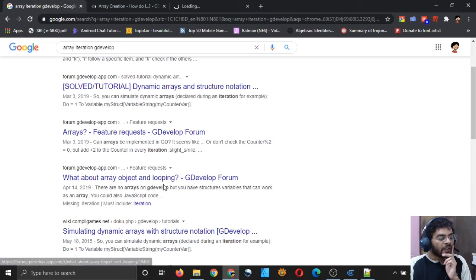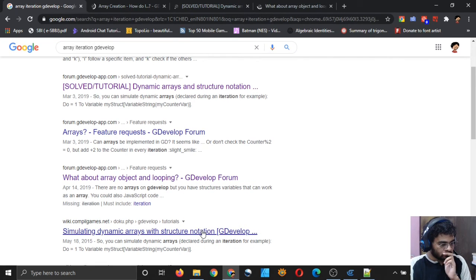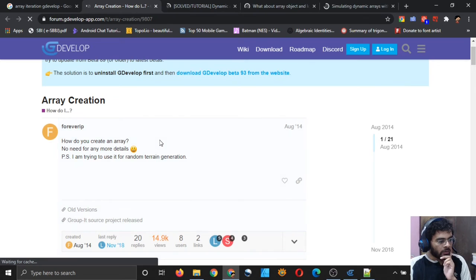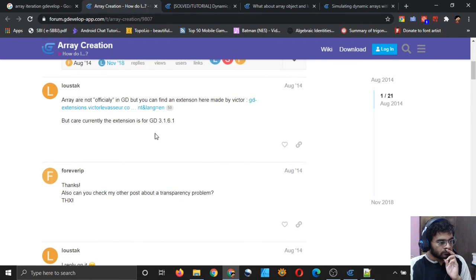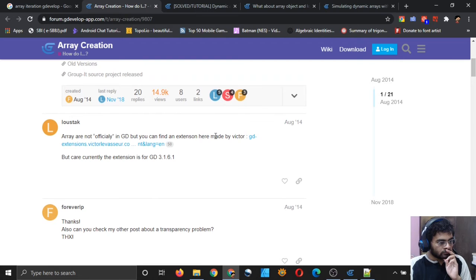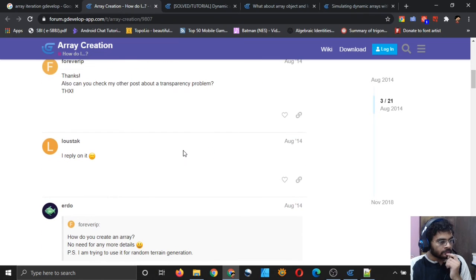I can add an array object. How do you create an array? So arrays are not officially supported, I guess.